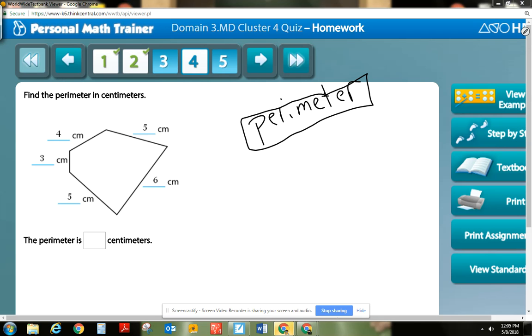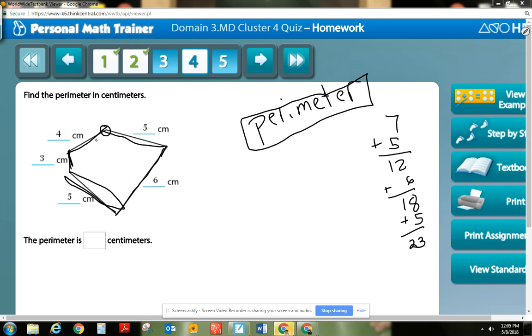All right, so here we go. I'm going to add all the way around. You can add a couple of different ways. I'm just going to go add around. So I'm going to do 4 plus 3 is 7. 7 plus 5 is 12. 12 plus 6 is 18. 18 plus 5